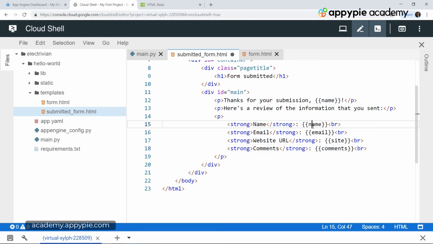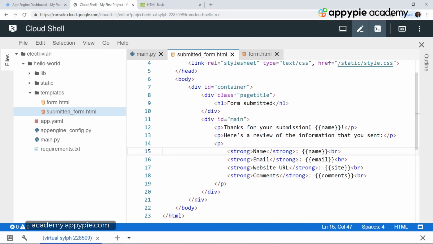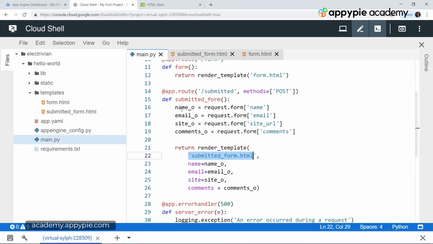The only thing you need to take care of while writing Jinja templates and referring to them through the main.py file is that you use the same variable names. If over here you give a different variable name for site, and over here you give a different variable name, then the form may not display the data as you want, because it is looking for a different variable name.